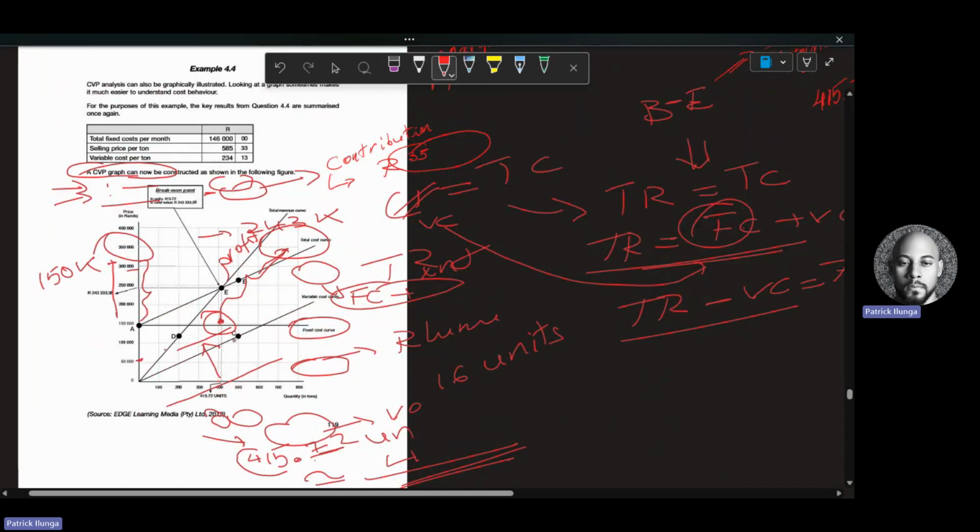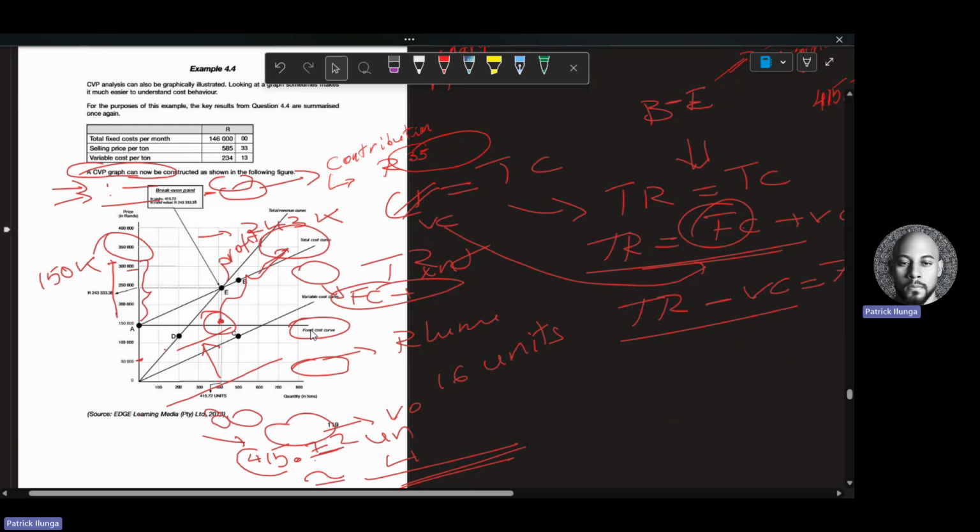And actually, I do have another short tutorial that touches on, I think, this question particularly. But you can see, for example, your total revenue is here. This line here is your total revenue. Your total cost curve is here. You see, from A to E and upward, right? You see this line here? Let me see if I can point that to you quite clearly. Do you see this line here? That's your total variable cost or your total cost, you see.